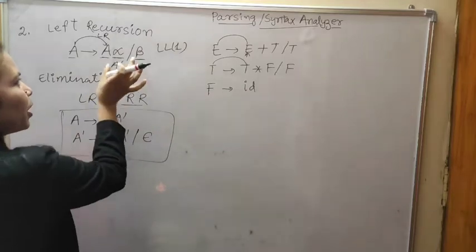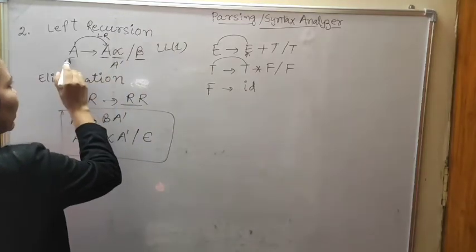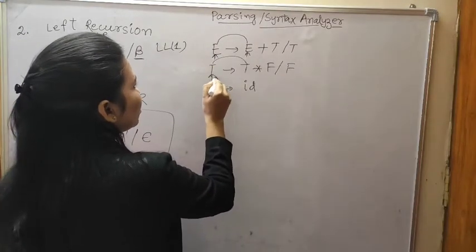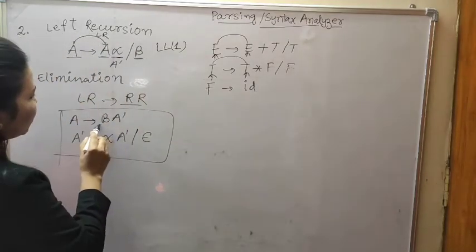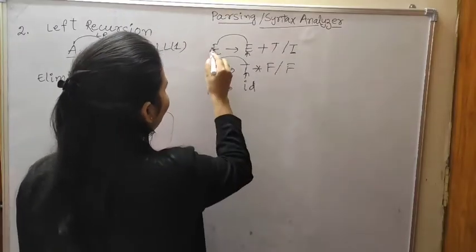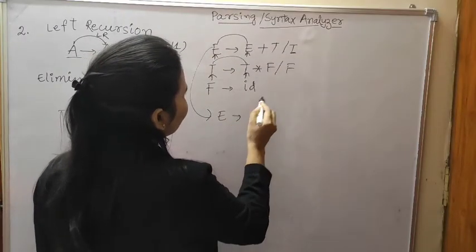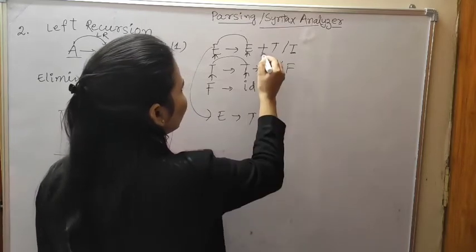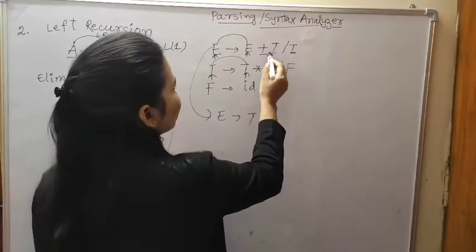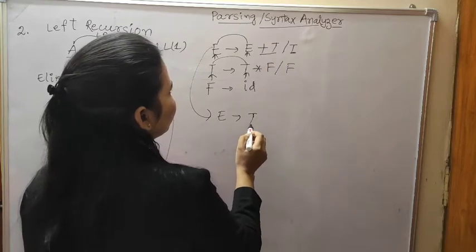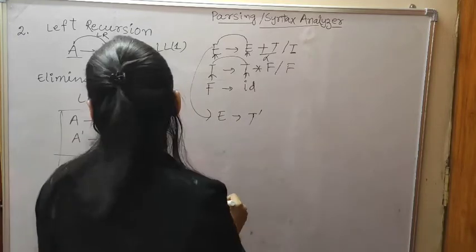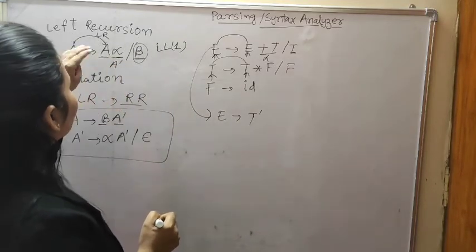I told you that whenever a grammar is left recursive, you understand it because both the characters are the same. Look at E, E, T. Then how will we eliminate it? A to beta A dash. Beta means the second one. What is given in the second one? T. So how do we eliminate E? E goes to T, then A dash. A dash means, this is alpha, so then this T will be written as T dash. Okay, beta A dash.